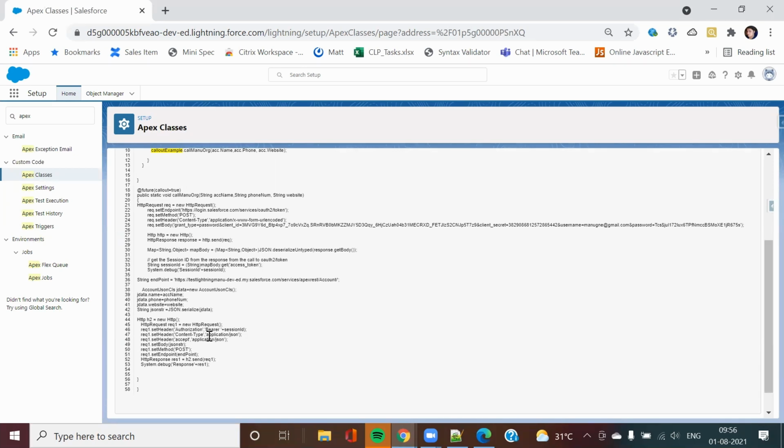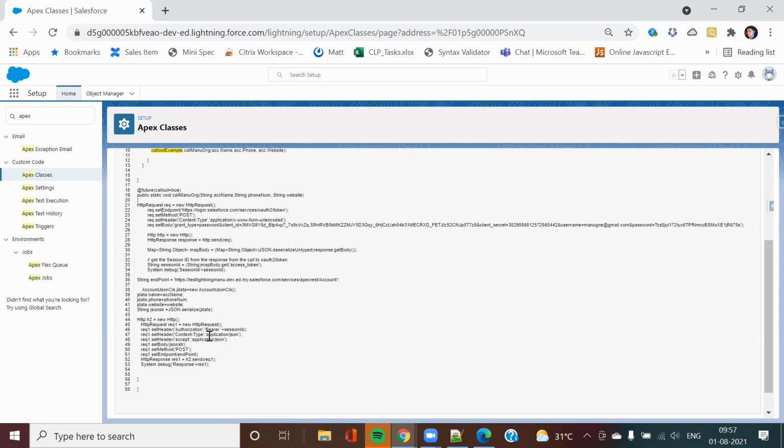Now future, as I told you, is an async method. So what are other places where this future method can be used? As I told you, there are certain transactions where, since this runs in asynchronous mode, you want to separate the thread out. One of the common examples in Salesforce is the very common error, mixed DML operations error. You can also check it on the internet. What does it mean? I will try to explain it to you as briefly as possible.